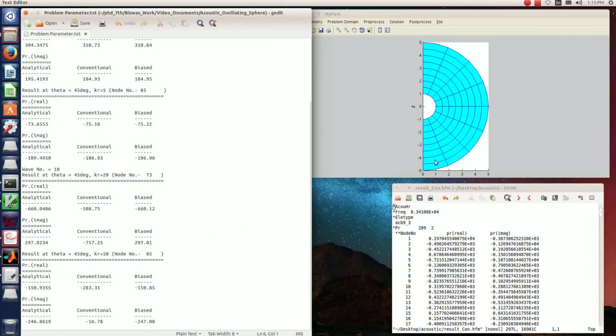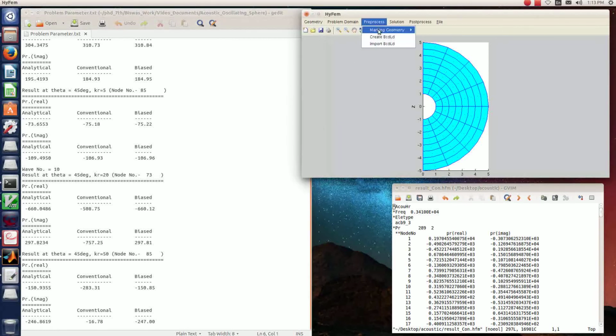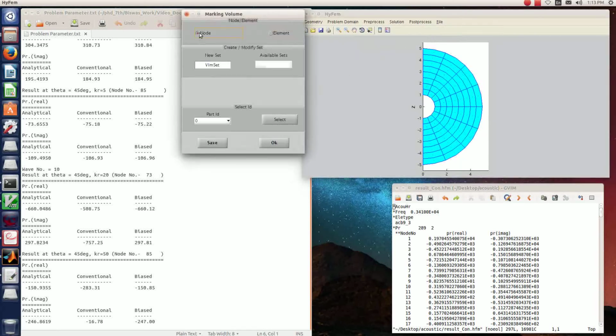We want to see the near field response at r equal to 2 and theta equal to 45 degrees at this point, and the far field response at r equal to 5. We have to first get the node numbers of the corresponding points. For that, mark volume. Using node, we can get the node number through the entire volume.